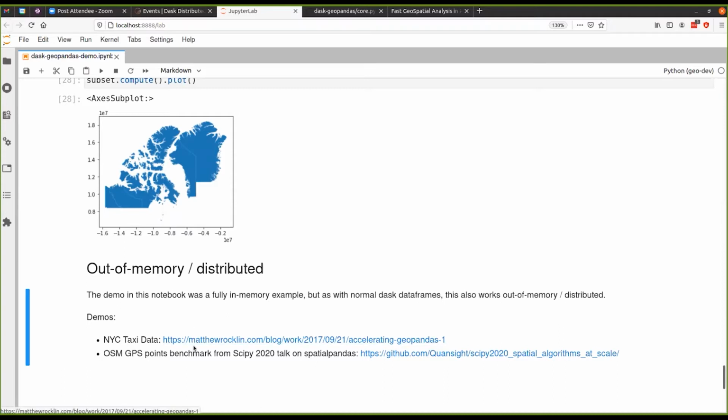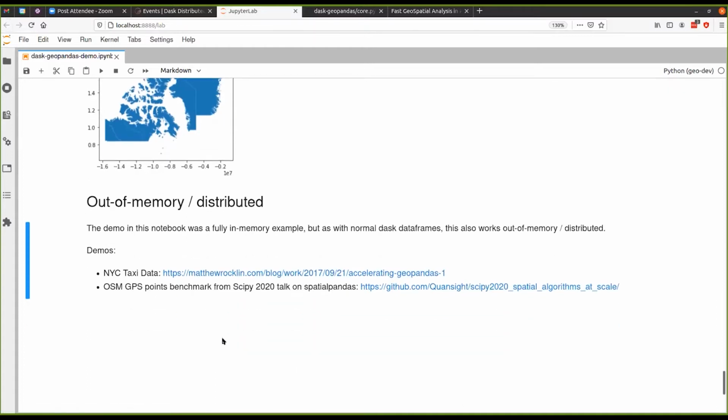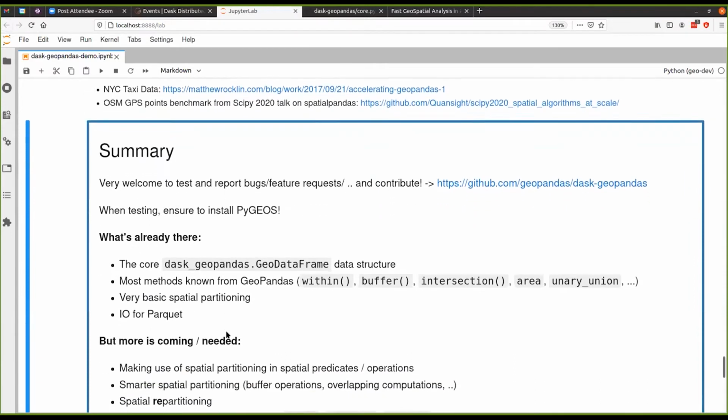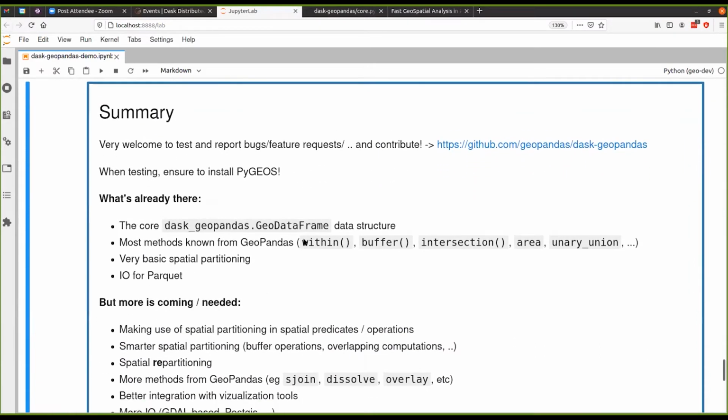Here's some, I just linked some demos that I would like to update or rerun with the latest state of Dask GeoPandas, but I didn't get to that in time for this talk. So to summarize my parts,